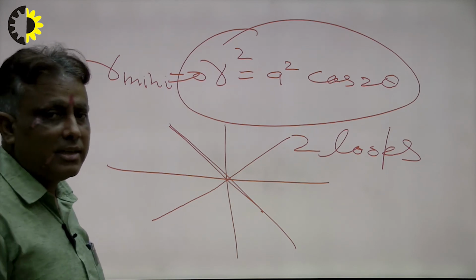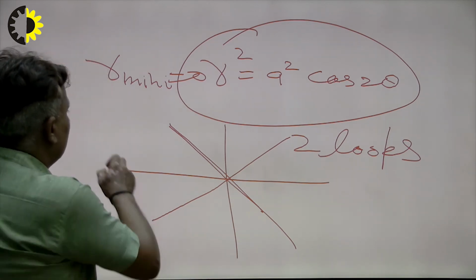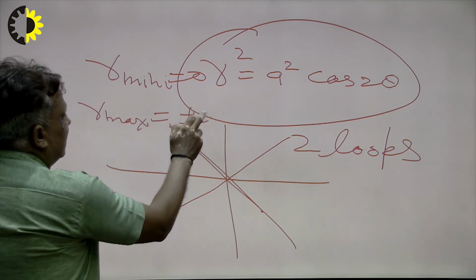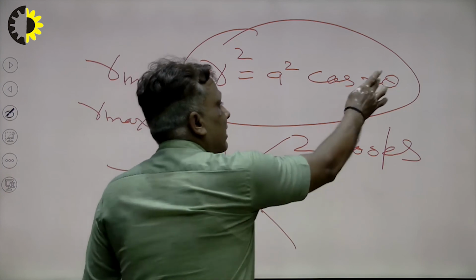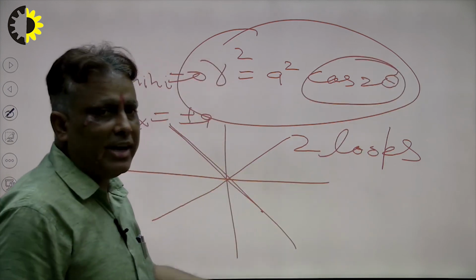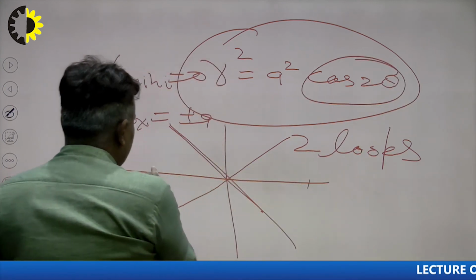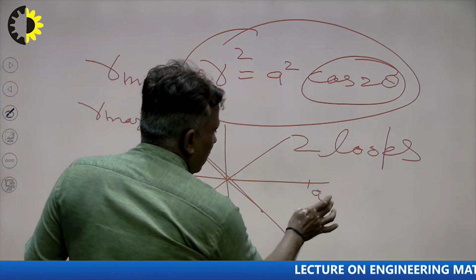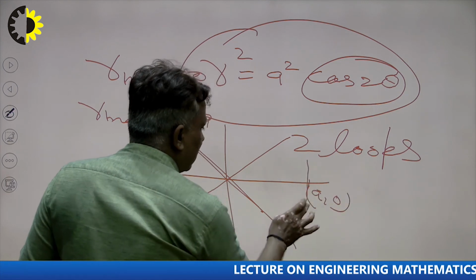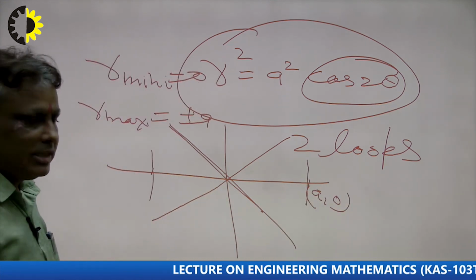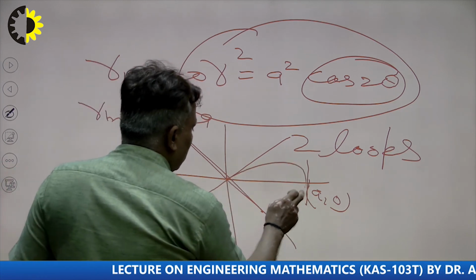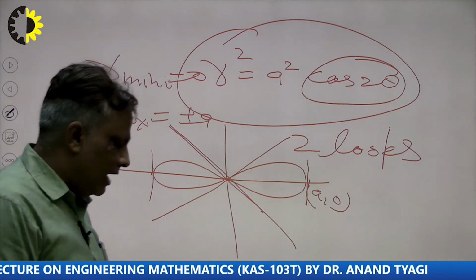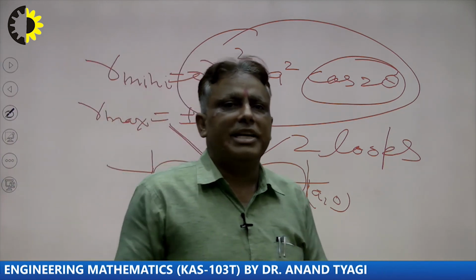This is the tangent. How to draw the tangent, right? Next is r max. So what will be the r max here? R max is plus or minus a when cos 2 theta will be 1, right? So in this way we can find the coordinates a comma 0 and minus a comma 0, and the nature of the curve at a comma 0 will be a node here, right? The tangent of this curve will be this, and the tangent of this will be this. So the diagram of this curve will be this, because the nature of this curve and of this curve is a node. So this is the diagram of this curve. In this way we can do our curve tracing in polar form.